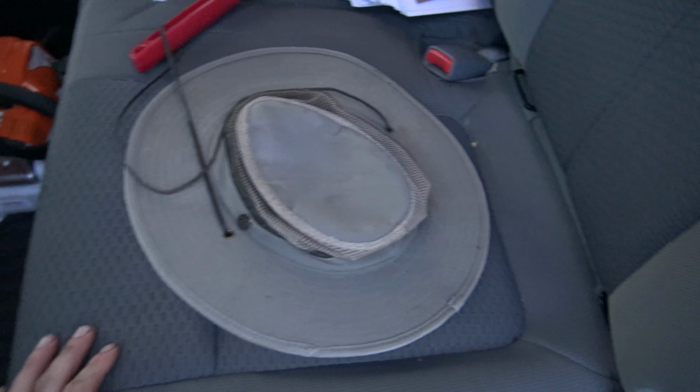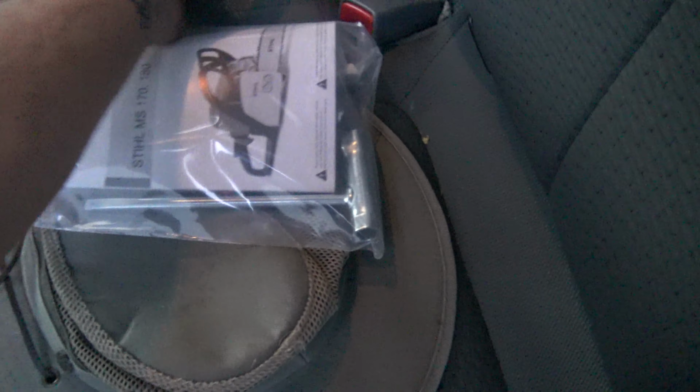Here's part of my costume when I'm out cutting grass, you know. Service manual for the saw, got some flyers. Now, what I recommend